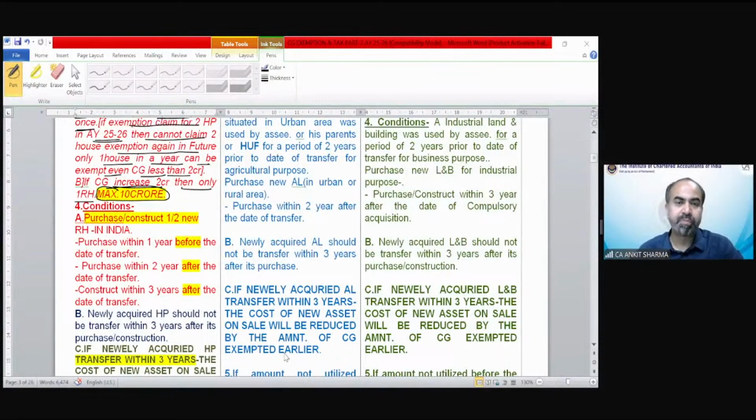So moving on, condition number 4 is saying, we have seen there should be an individual or HUF, then we have seen the asset should be long term, and we can claim the exemption of one house, two houses accordingly. But now point number 4 says, when do we need to purchase that new house or complete the construction of that house for which we want to claim the exemption? So a very interesting provision has been made by the department, and it says,